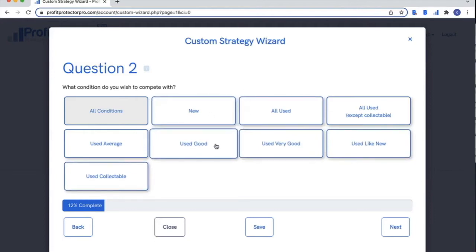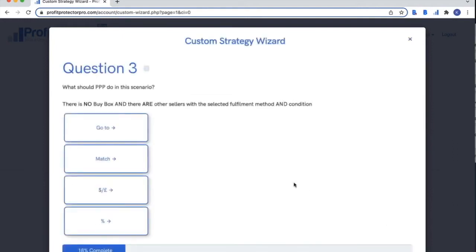Now, if you're doing well, you can select more than one, but obviously it's unlikely that you're going to want to do new and a used condition. So if you are selling used, you can choose more than one condition at a time. I'm just going to say new because I think that's probably the most likely answer for most people, and then just click next and it will move you on to the next one.